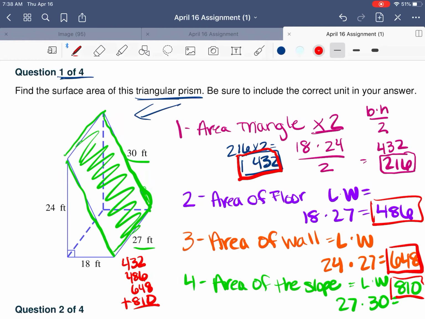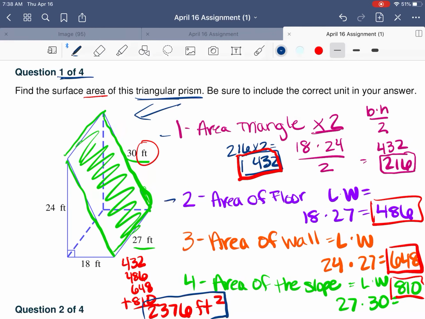And I get 2376. And again, my measurement in these was feet, and it's area again, so it would be squared. So in the end, that is what my answer would be. So anyway, it's just really important. Remember these different steps. So I wanted to find the area of the triangle, times it by 2,